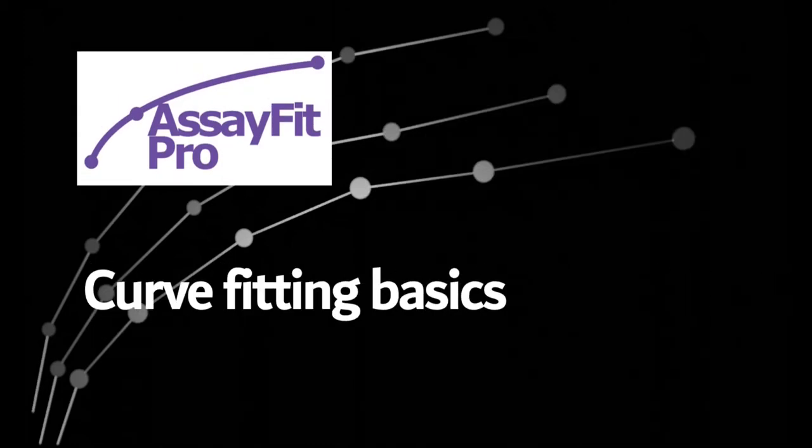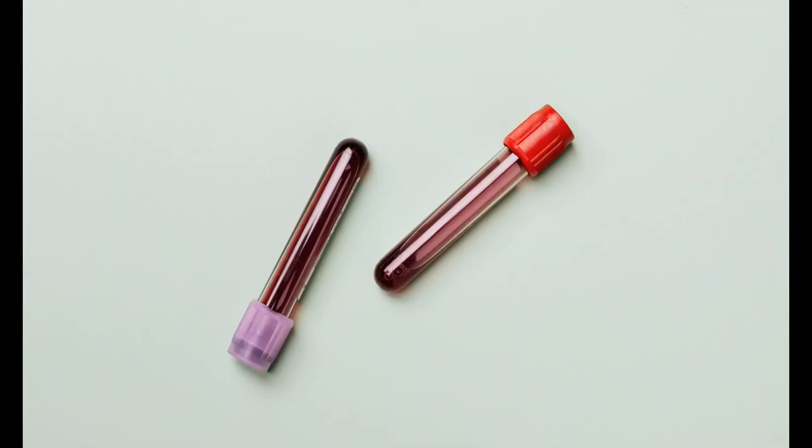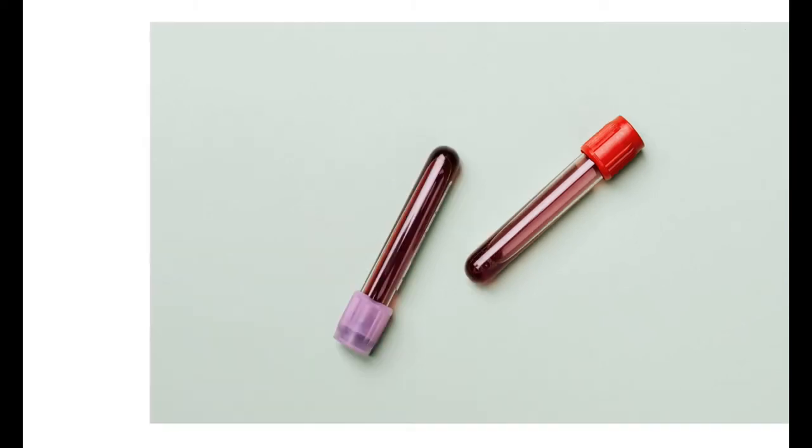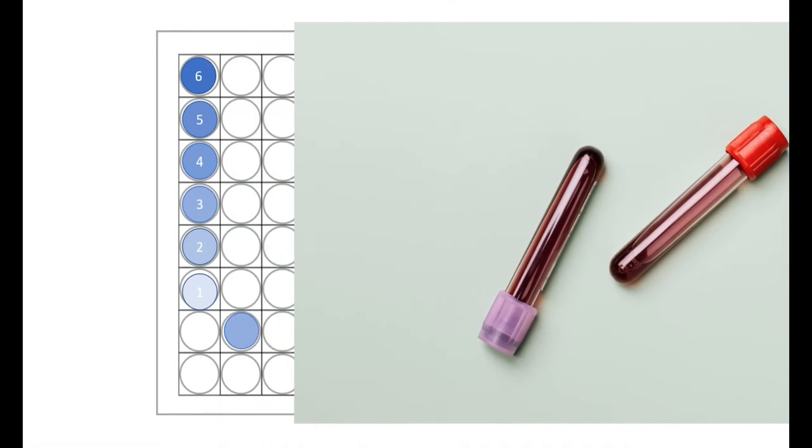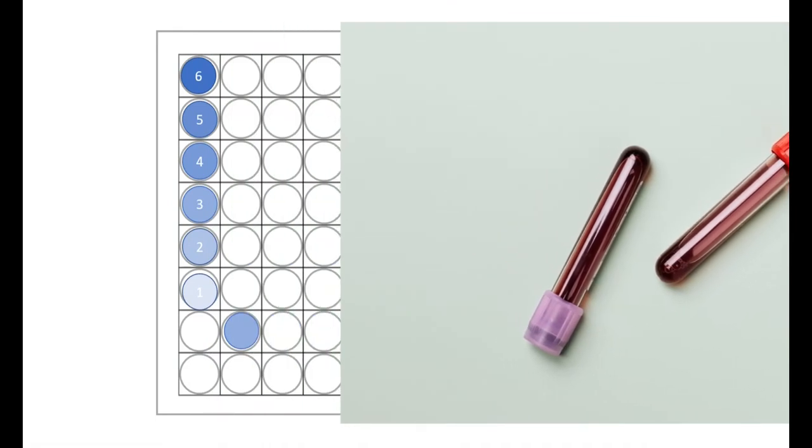This video explains some of the basic concepts of curve fitting for laboratory assays. Laboratory tests are used to measure a substance from humans, animals, or plants. Some tests, for example, measure a protein in human blood. They usually produce a color or light. The color intensity can be compared with the test result of a sample of known concentration, called a calibrator or